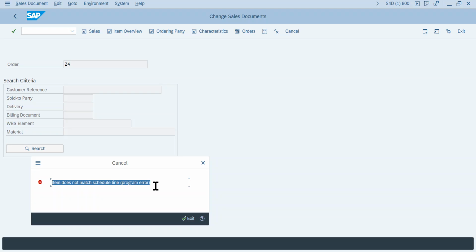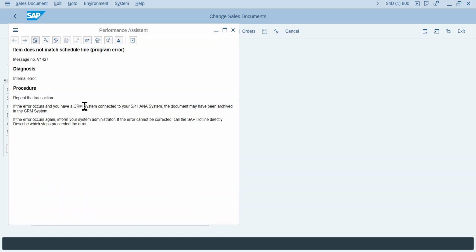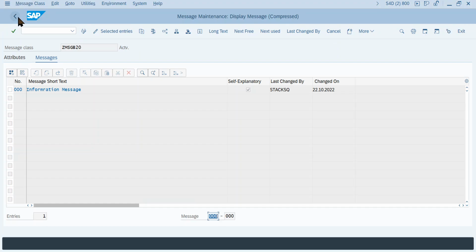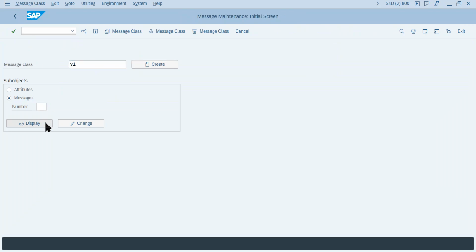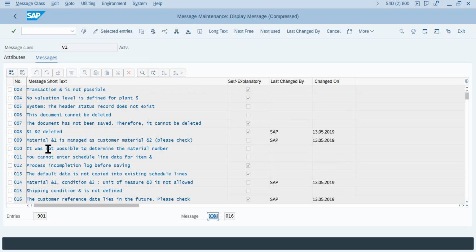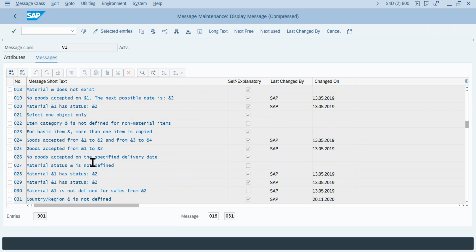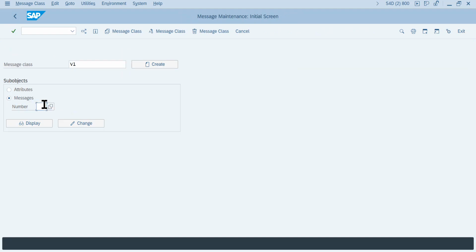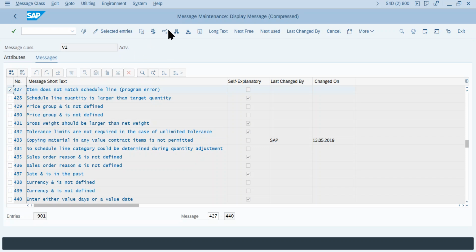The other thing is, click on this question mark, and under technical information you will get the application area. The application area is nothing but the message class. Go here and provide V1, and the message number is 427. Just scroll down below. Otherwise, you can also just type in 427 and say display. Now you see "item does not match", and you can click on the where-used list and you see